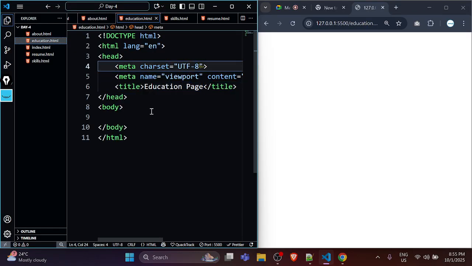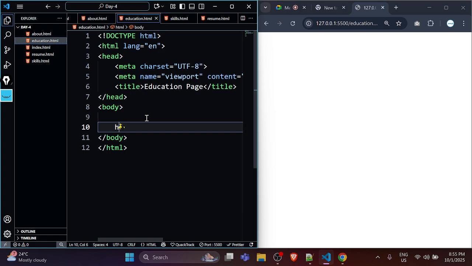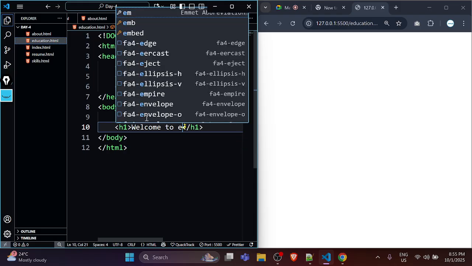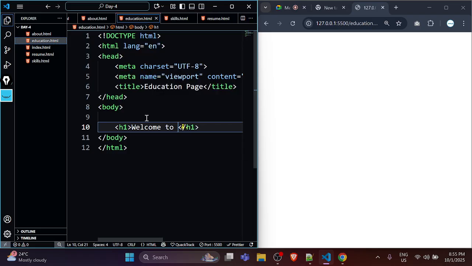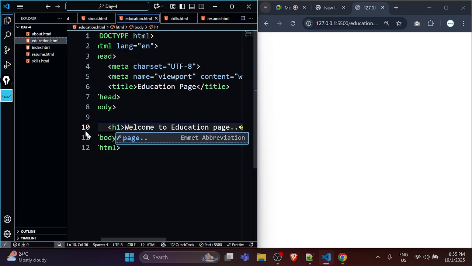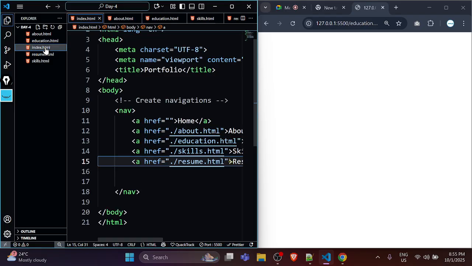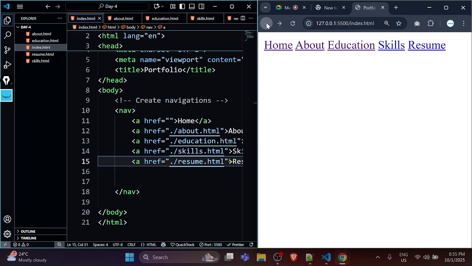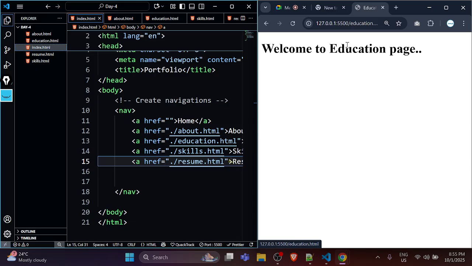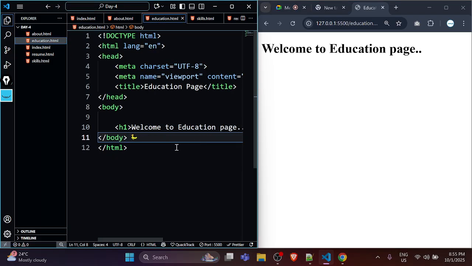Okay, and also mention here one heading which is welcome to education page, right? And now go to the index and refresh it. Now if you click on education, what am I getting? Welcome to education page. Similarly, whatever I have written in the education, I'll copy this complete code